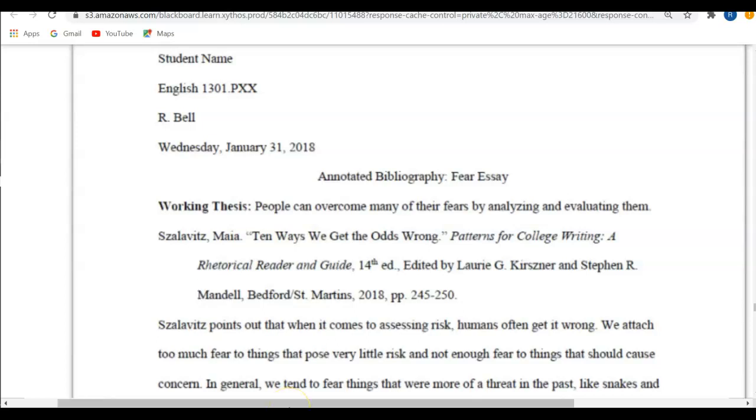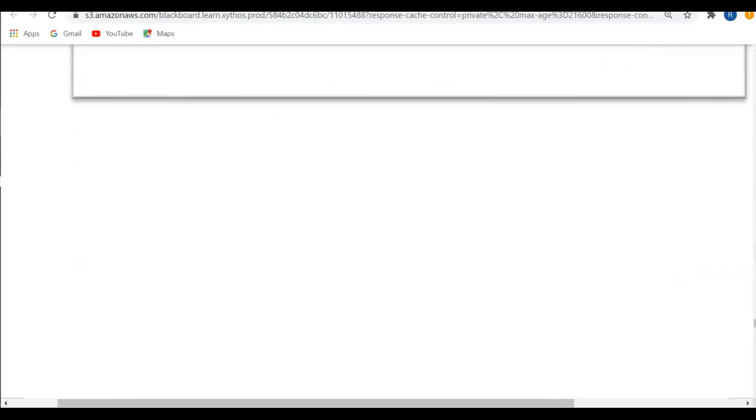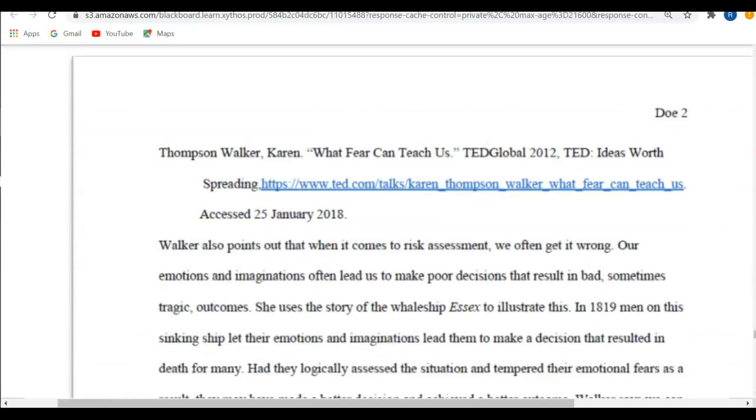The next thing I'd like to show you is how to create those entries for the TED Talks. Undoubtedly, some of your sources will come from TED Talks, and so I have an example here in the notes. If you want to take the shortcut version for how to create your entries, you will model yours based on this one. So, for example, if you chose the TED Talk by Andrew Solomon, you would follow this formula, Solomon,